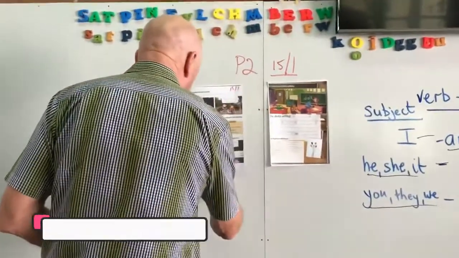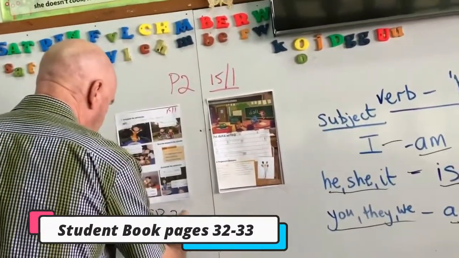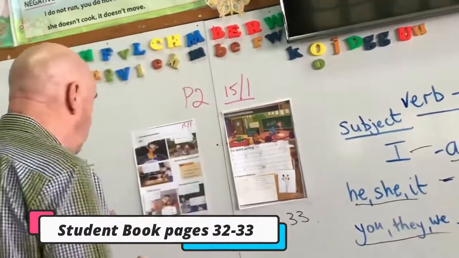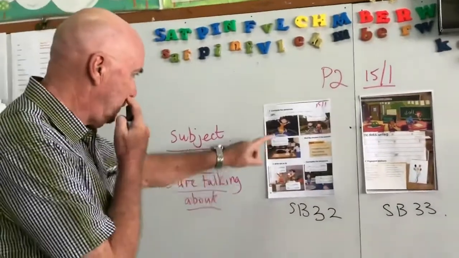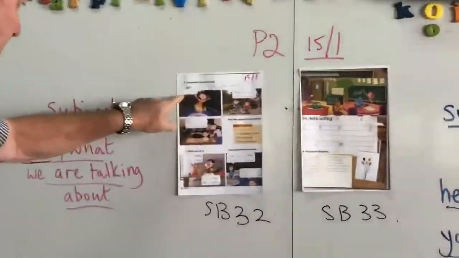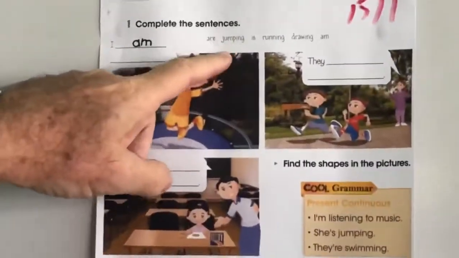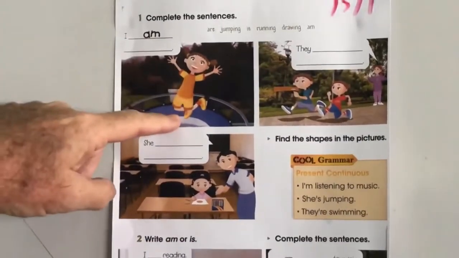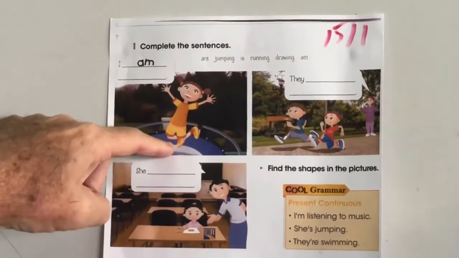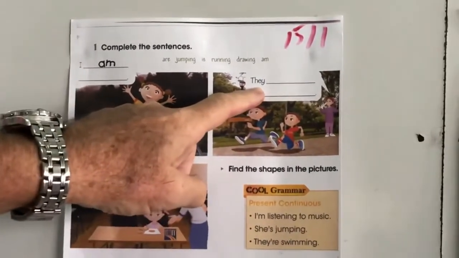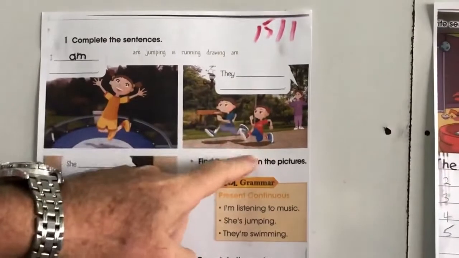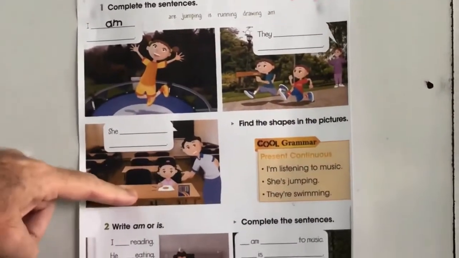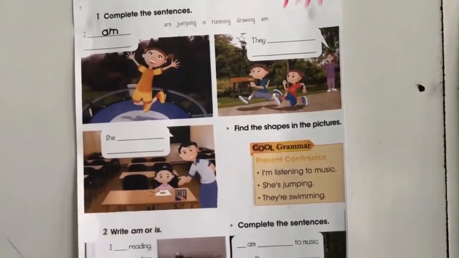We've got our student book 32 and our student book 33. Okay? So, let's look at what we're going to have to do here. Okay? So, we've got 1, 2, 3, 4, 5, 6 words to put in here. I am, what's she doing? And then they must go with are. What are they doing? They are. And then she is, what is she doing? Okay? And then number 2,